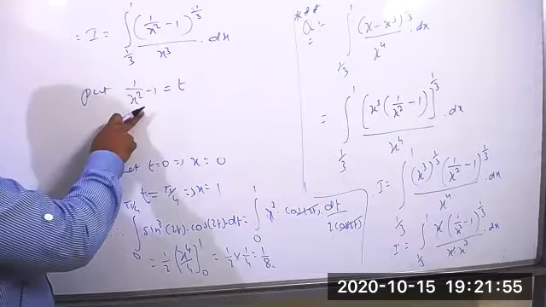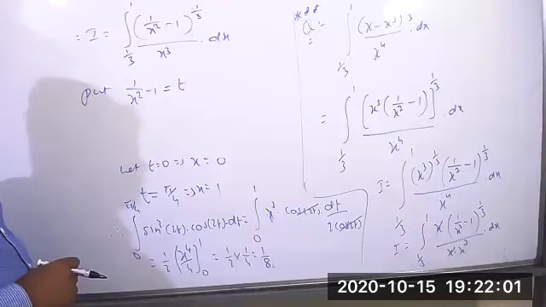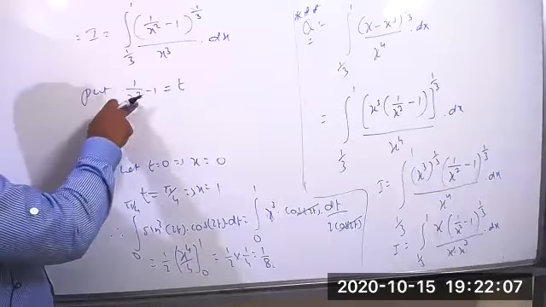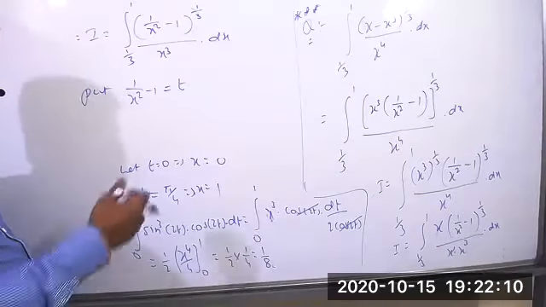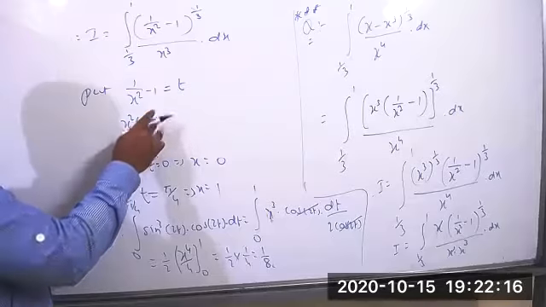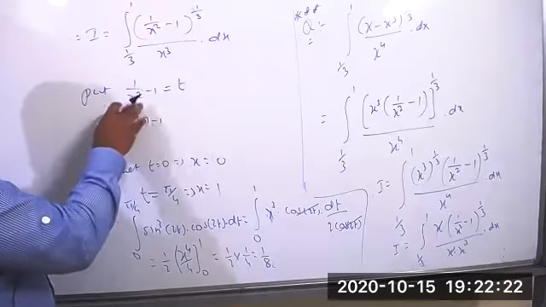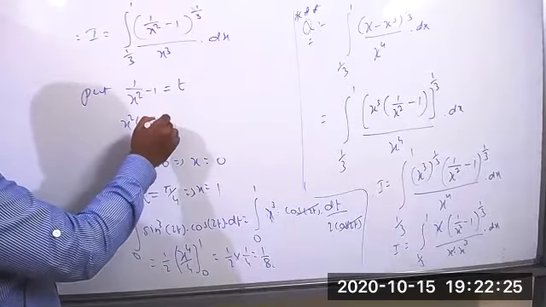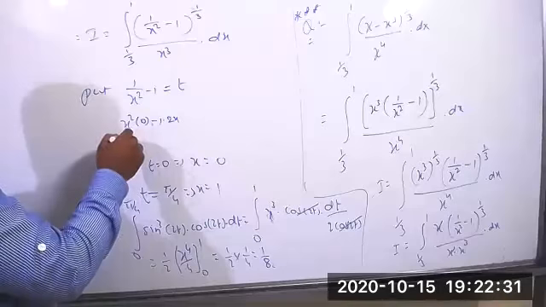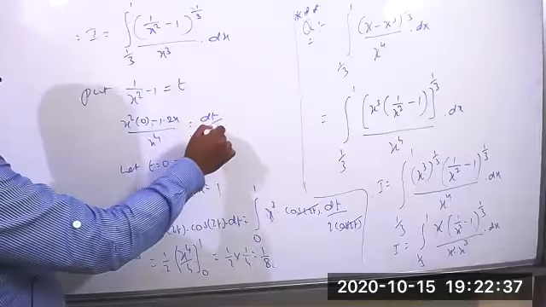You can apply the u by v formula because directly we can't take it. Understood? So in the numerator you can write minus 1 into something we have to take, the differentiation. So clearly you can write x square into 0 plus minus 1 into this, the x cube. Differentiation of x square equals 2x, whole by x power 4, equal to dt by dx.